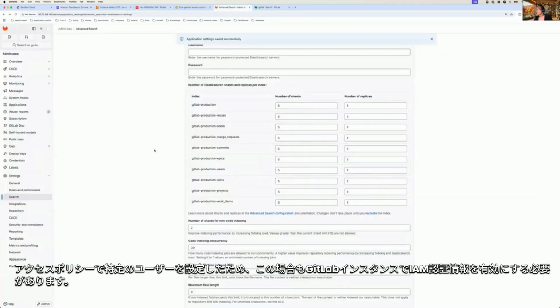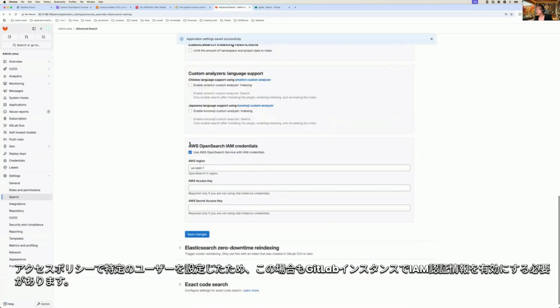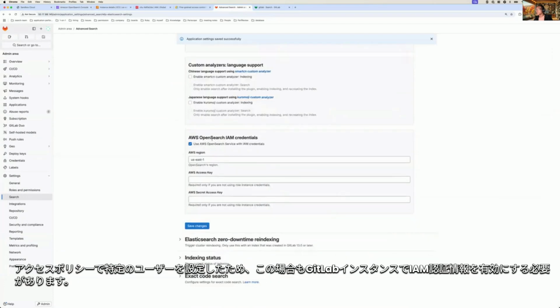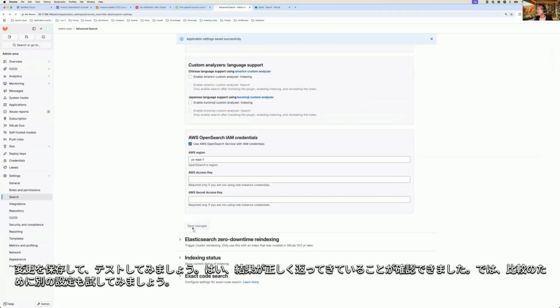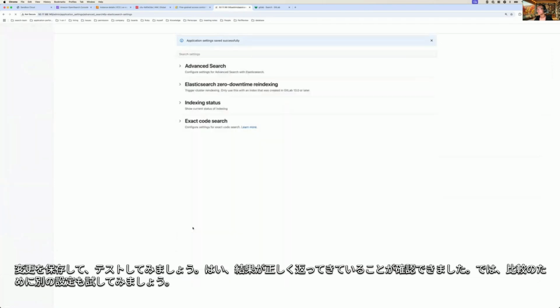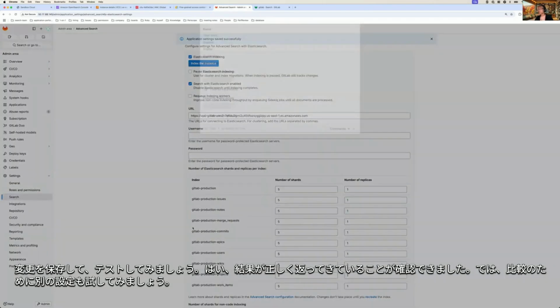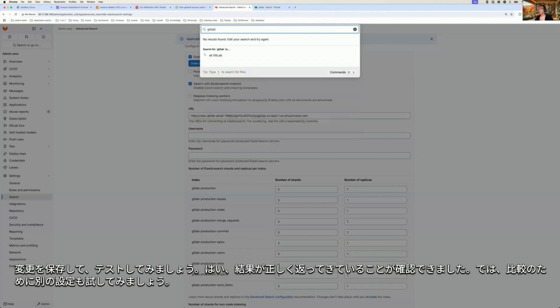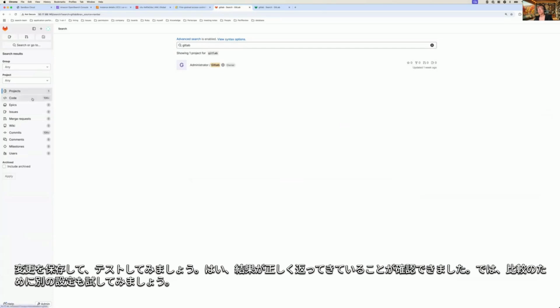In this case, I still need to enable the IAM credentials on my GitLab instance. Save the change. Yeah. You can see I can get the